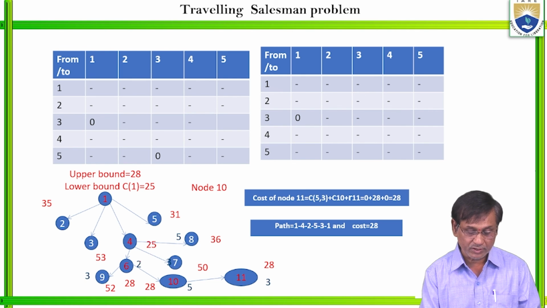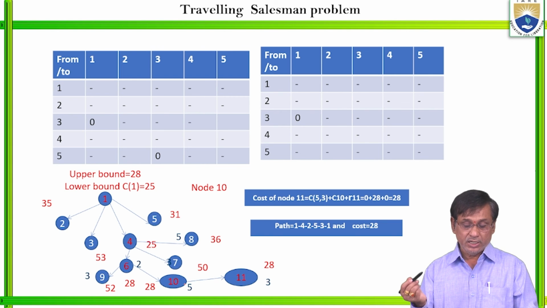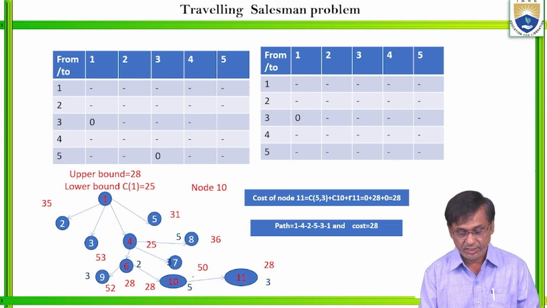Again, he has to go from city 2 to 3 or city 2 to 5. The cost of the node corresponding to city 3, node 9, is 52. Node 10, corresponding to 2 to 5, is 28. So the minimum is 28, so select node 10. Now after selecting node 10, that is city 5,